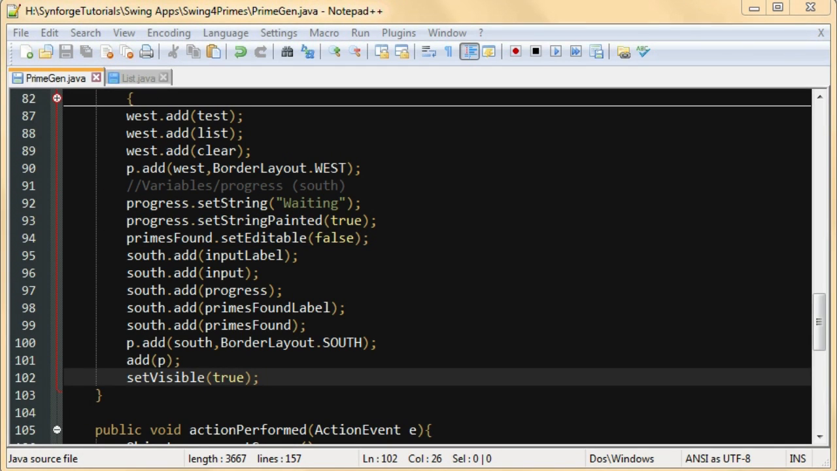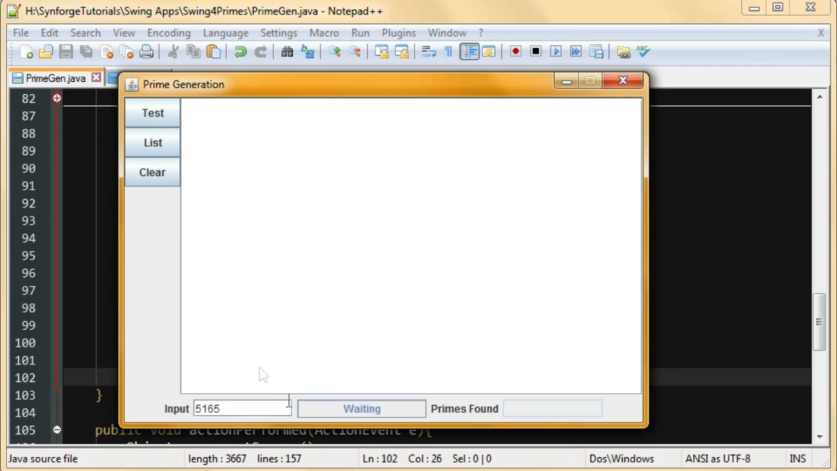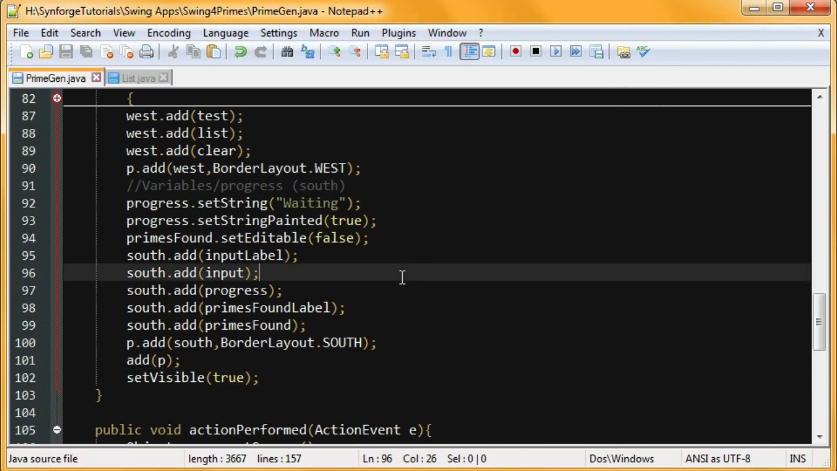This tutorial is part 2 of an ongoing tutorial where I'm talking about how to make a prime number generation interface using Swing. So this is what we have so far. We have all the visuals set up, and to continue we are going to make it interactive. Okay, so